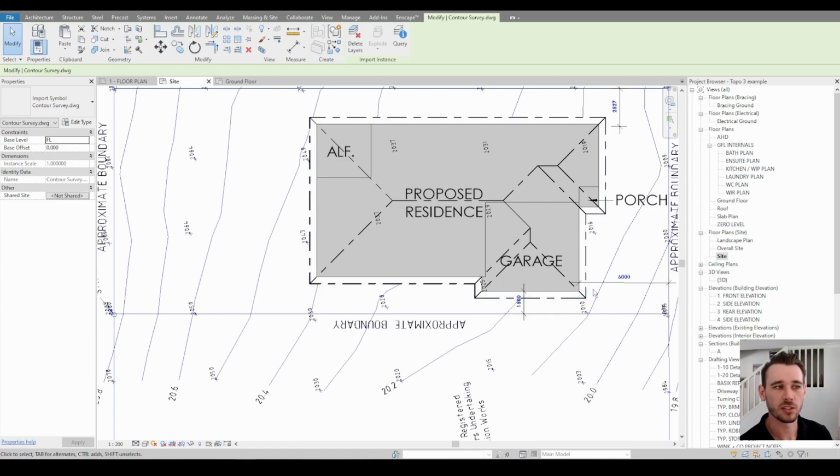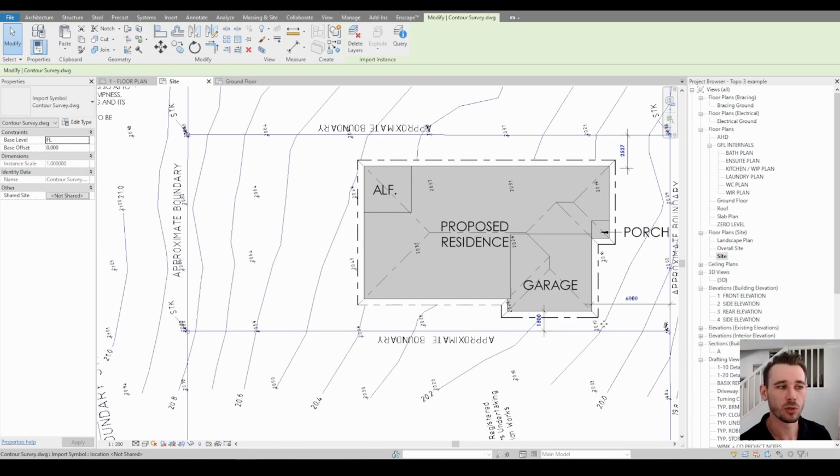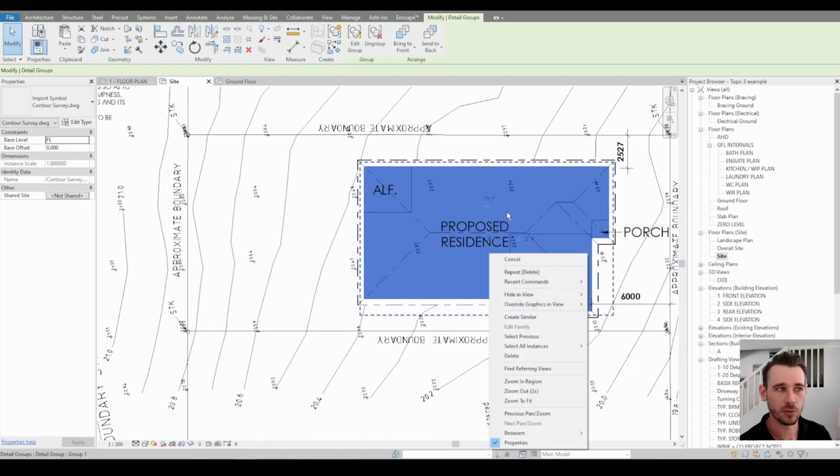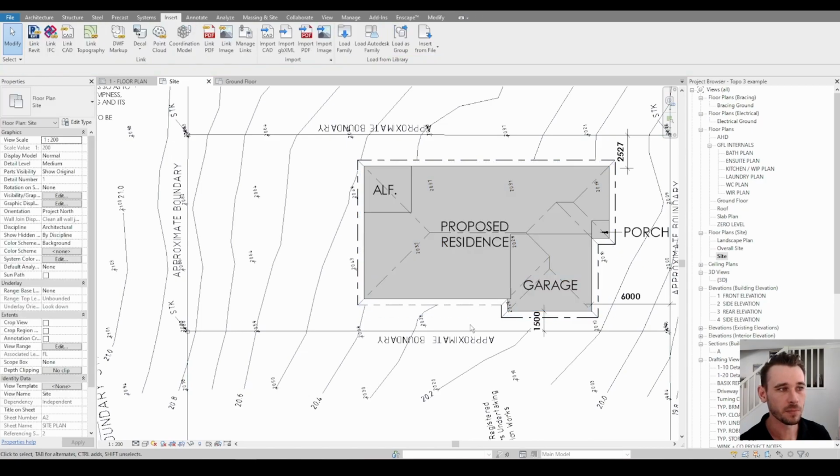So this corner of the house is 20.1. This corner of the house is 20.5. So there's 400 mil of cut and fill between this corner and this corner. So this should be a really easy one to work out. Halfway between the cut and the fill is going to be 20.3, but you always want to have more cut